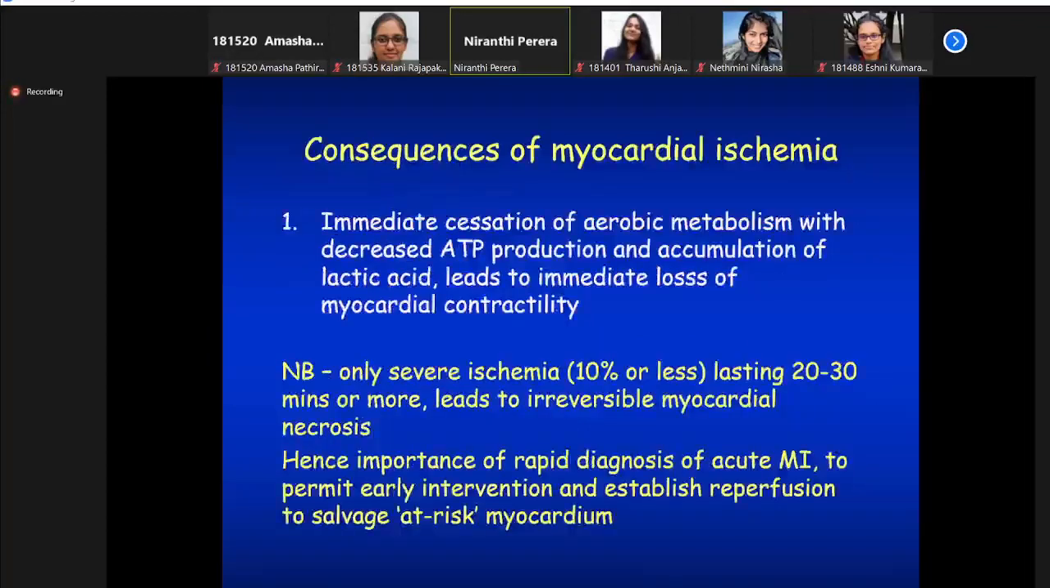diseases. Okay, so what happens when you have myocardial ischemia? There's immediate cessation of aerobic metabolism with decreased ATP production. Accumulation of lactic acid leads to immediate loss of myocardial contractility. And you have to note that only severe ischemia, that is 10% or less, lasting 20 to 30 minutes or more, leads to myocardial necrosis. Therefore, it's very important that the moment this patient starts getting chest pain, he is diagnosed early so that early intervention can be